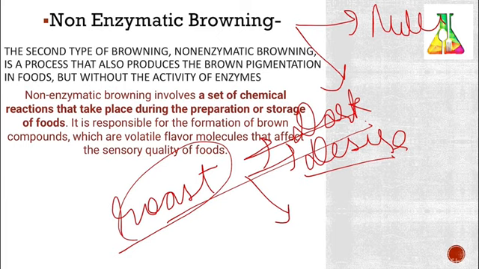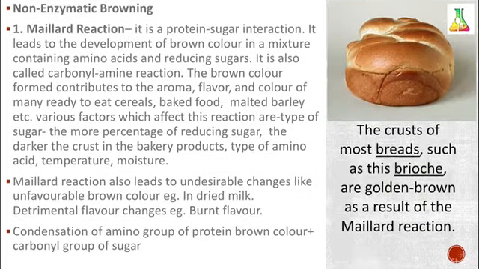Let us see what the Maillard reaction is. The Maillard reaction, also known as Maillard browning, is a color, flavor, odor, and sometimes texture change which results from a chemical reaction between proteins and carbohydrates. So the Maillard reaction is generally a reaction between proteins and sugar. Sugar is a carbohydrate. It is named after the Frenchman Maillard who discovered it.